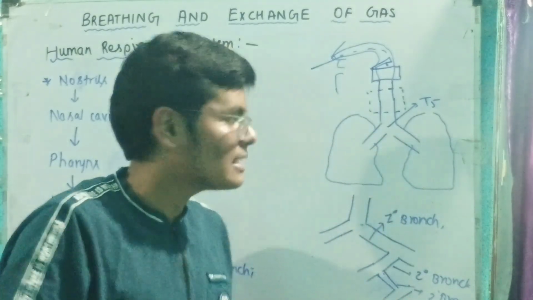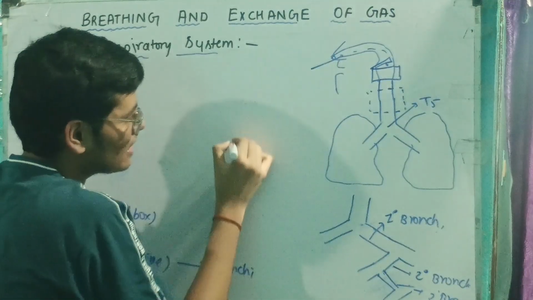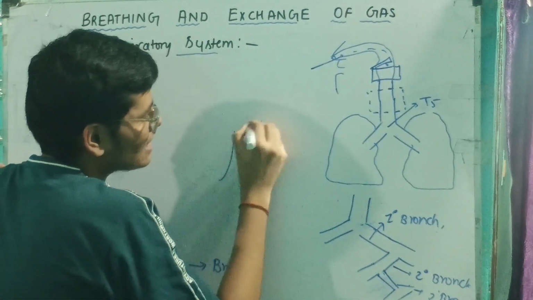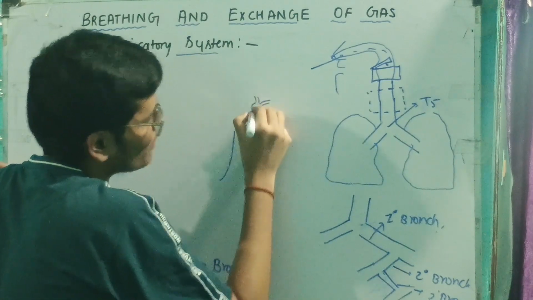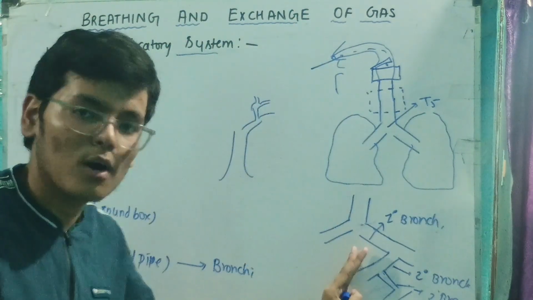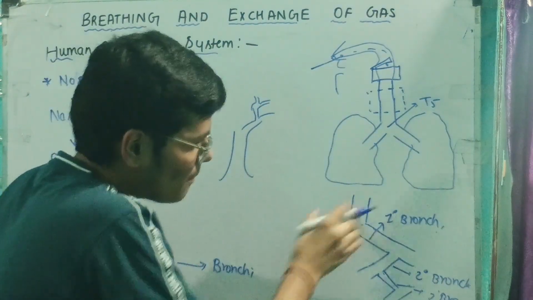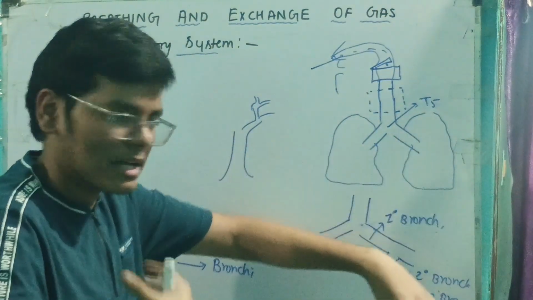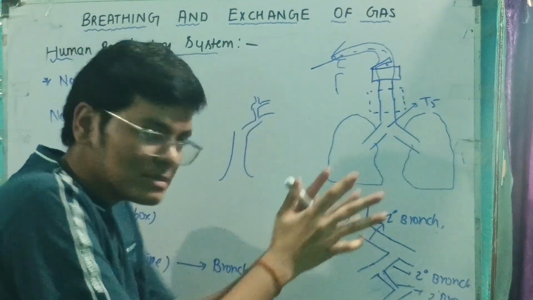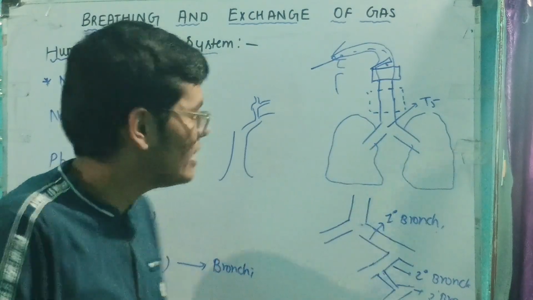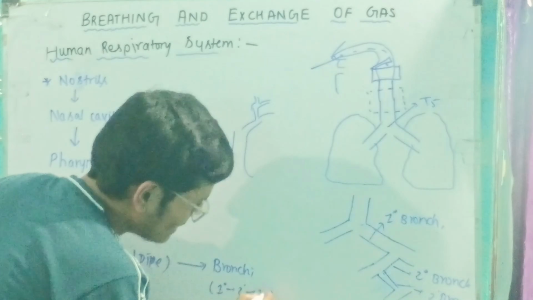So in short, we can say that there is a branching occurring. Like if you see a tree, this tree has a branch. This branch has further branches. This further branch has more small branches. That is why this structure is called a respiratory tree. So as we go from top to bottom, the top part here is said to be the main wood of the tree, and as we go deep inside the lungs, it forms branches. That is why this is called the respiratory tree. Bronchi, there are three bronchi: primary, then secondary and then tertiary bronchi.